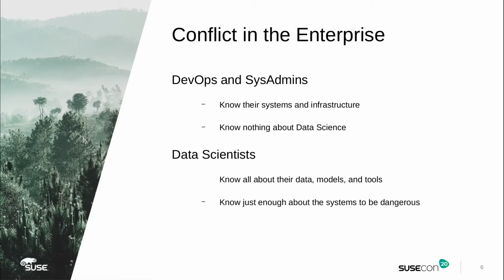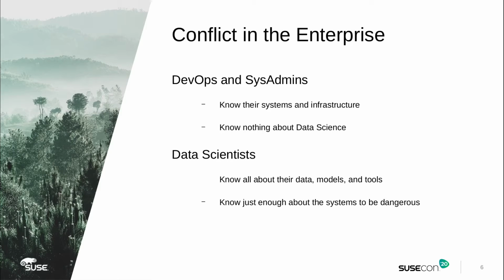On the other side of the coin, you have data scientists who know everything there is to know about their data, about the models, and about their tools, but they know only enough about the systems and the infrastructure to be dangerous. And there's very little trust between these two camps. Again, I'm not trying to trivialize the expertise that some people may have. As a generalization, this is true. And the DevOps folks don't like what the data scientists are proposing or expect to do with the resources, and the data scientists wish that the DevOps people could see what it is that they're trying to do and understand, and they're not trying to be malicious and harmful, and yet there is difficulty, there is conflict in trying to